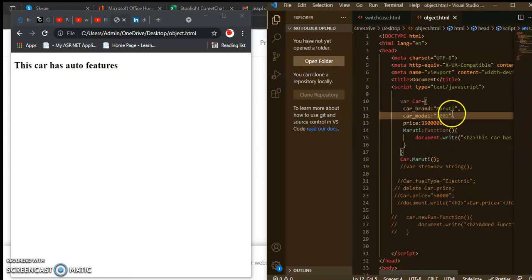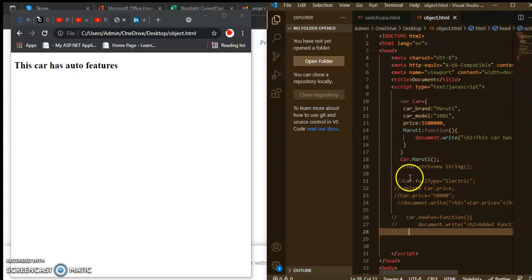Using the colon and the comma, you can declare more than one variable inside the car object, and you can create a function using the colon. So today, let's check the properties of objects, what objects are and how to use their properties.